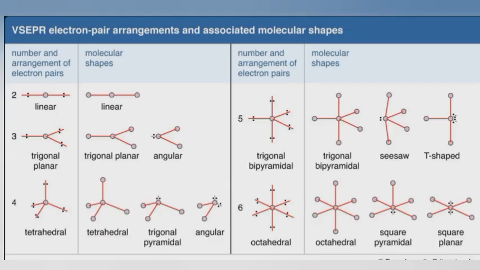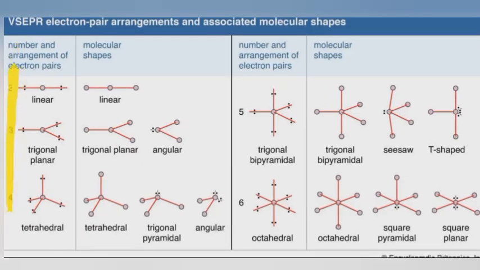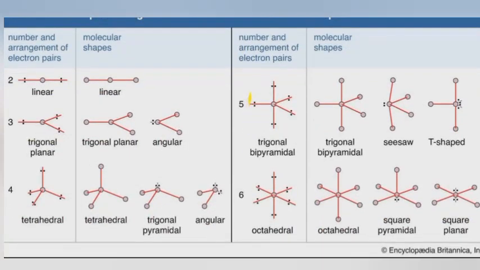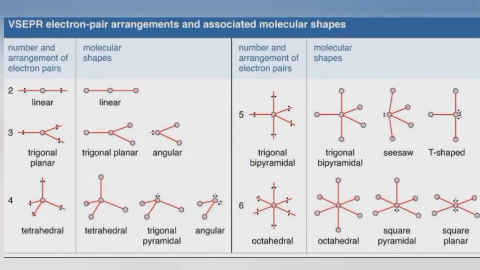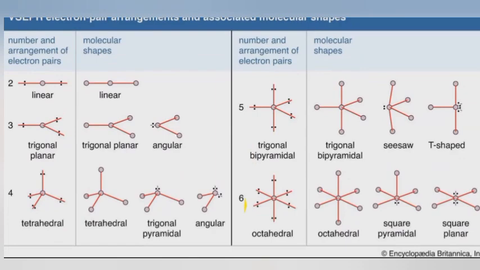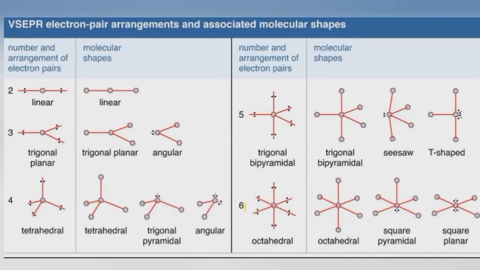So in this diagram now, on this side, this is the number of atoms that are involved. Lone pair, I think I made a mistake here. So this number I was seeing here, 2, 3, 4, and here we have 5, 6, is representing the number of lone pairs of electrons. So in a molecule where we have